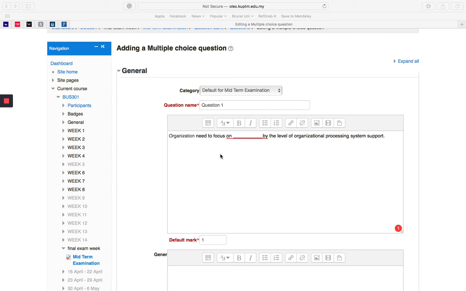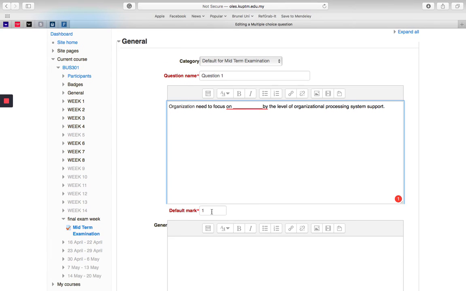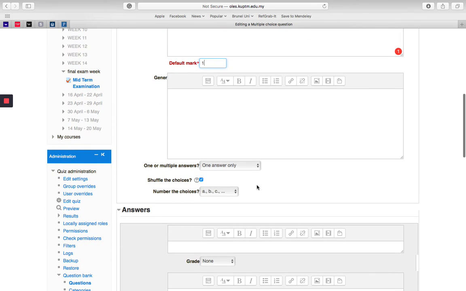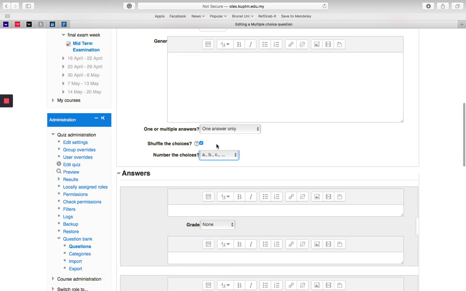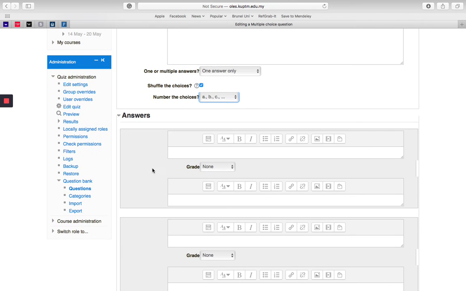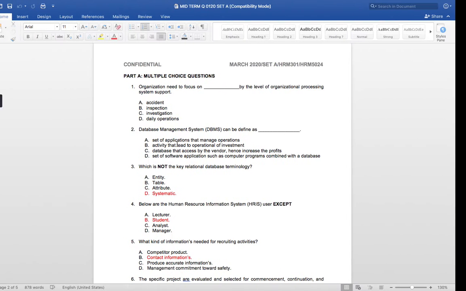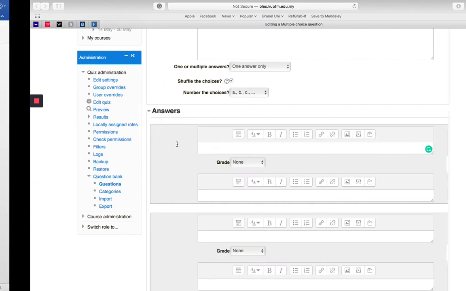So this one is the type of question, say for question number 1. Default mark is 1. So one answer only. Number of choices like A, B, C or 1, 2, 3, usually A, B, C. Shuffle the choices, yes. This is to make sure that your students are not asking their friends, to avoid such misconduct. So the answers, let's say which one is the answer,